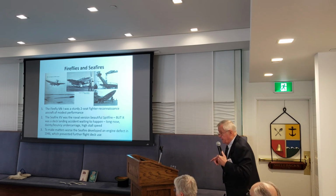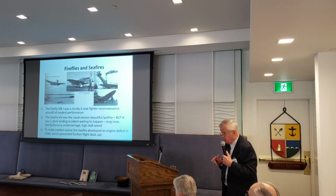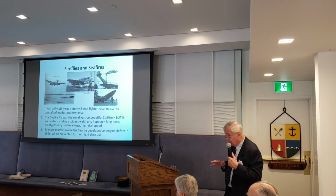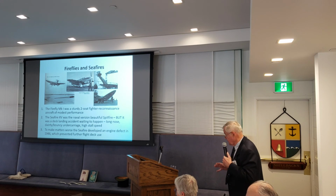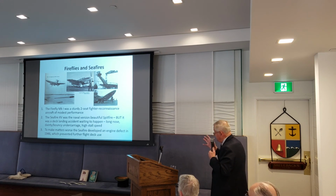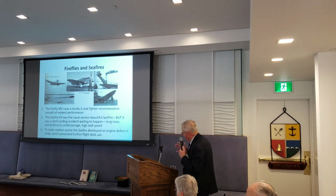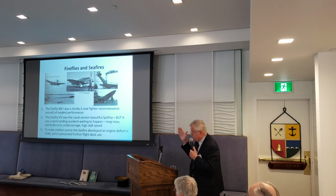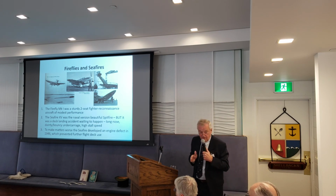Not only that, it had a relatively high stall speed, which meant that you had to fly relatively fast because otherwise the aircraft would stall, and that's not that bad also. So it was, as you can see in this collage of photographs, whereas the one on the left looks very impressive and very nice, the two on the right actually represent what frequently happened with the Seafire on an aircraft